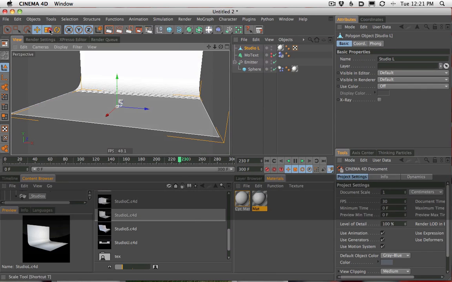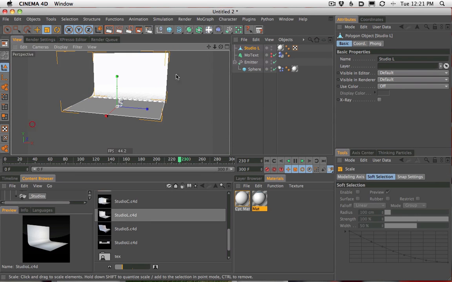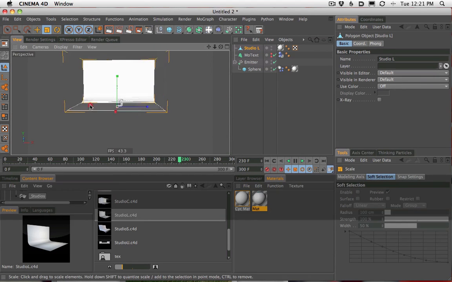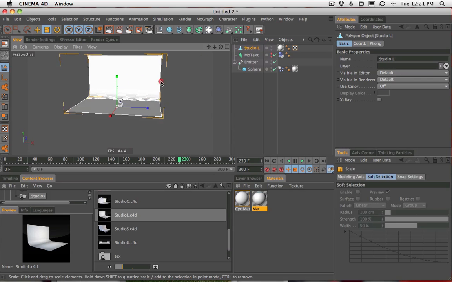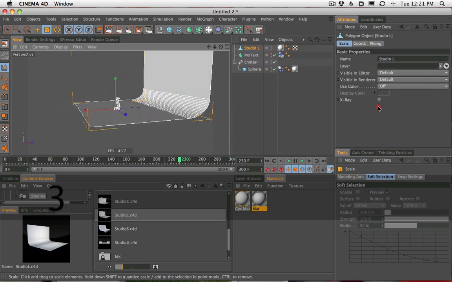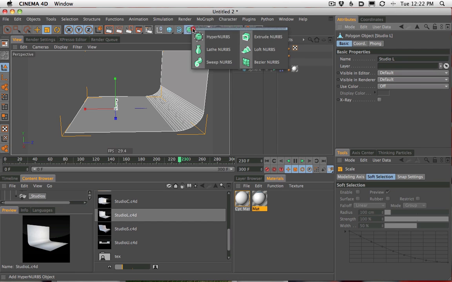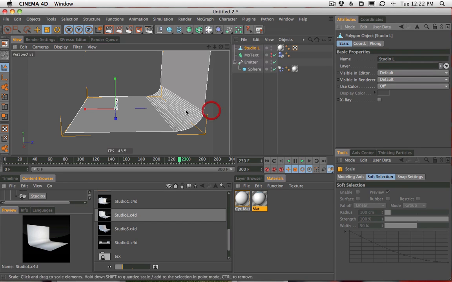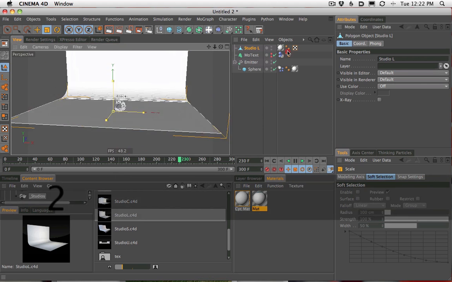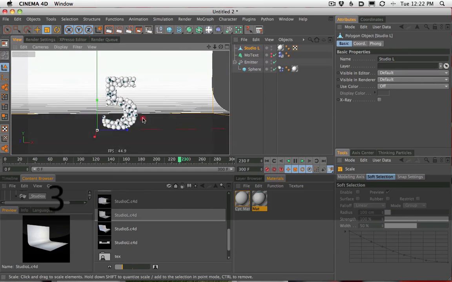It's pretty big by default for some larger objects. We could probably shrink it down, get a more realistic feel for it. But if you want to make your own, you could just make this with a sweep, or with an extrude NURBS and a spline. You could just make that shape, and you have your backdrop here.